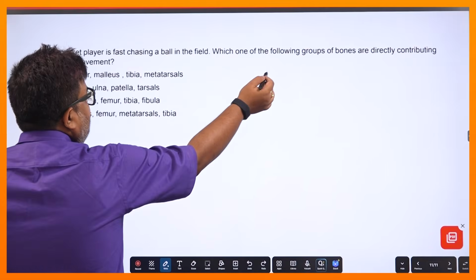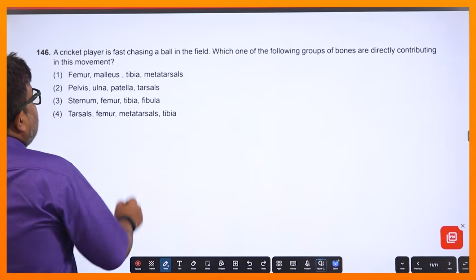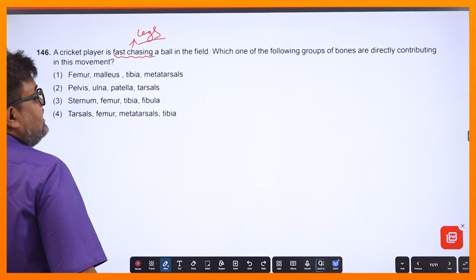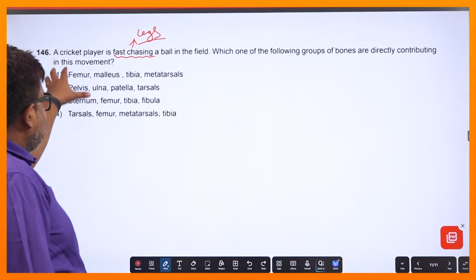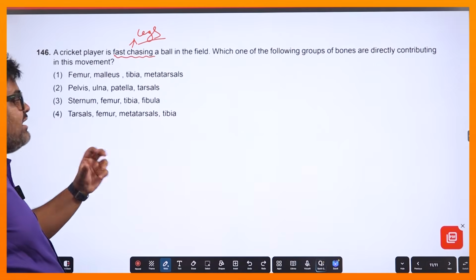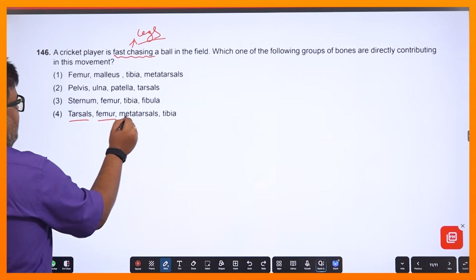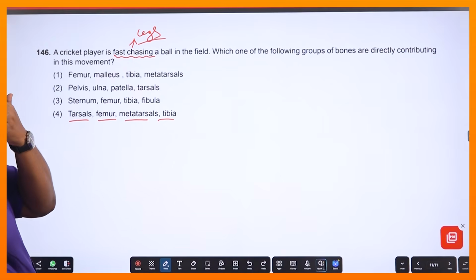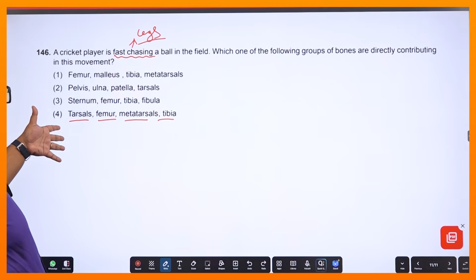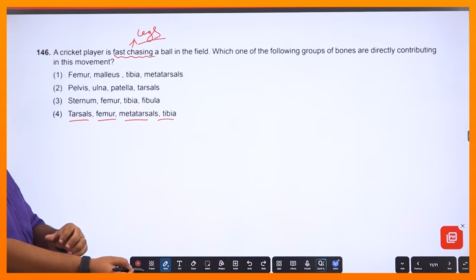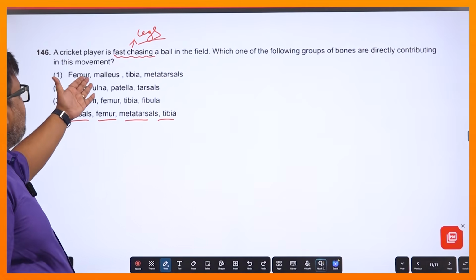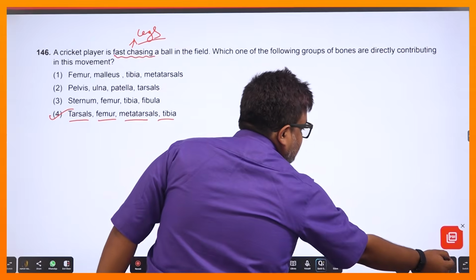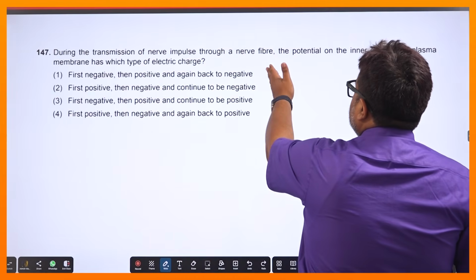বলছে ফলোইং গ্রুপস অফ বোন আর ডাইরেক্টলি কন্ট্রিবিউটিং টু দিস মুভমেন্ট। ফাস্ট চেজিং যখন করছে, ওর পা দিয়ে করছে, তো লেগস দিয়ে করছে ফাস্ট চেজিংটা, চেস করছে মানে দৌড়াচ্ছে। তো এখানে আমাকে দেখতে হবে এই যে 4টে অপশনের মধ্যে কোন সেটটা খালি লেগ বোনসকে ডিটারমাইন করছে, টার্সেল, ফেমার, মেটাটার্সাল, টিবিয়া। কারণ বাকি যদি আমি দেখি স্টার্নাম, ওটা এক্সিয়াল স্কেলিটনের পার্ট। পেলভিস বলছে, পেলভিস তো কোমর হয়ে গেল। আলনা, আলনা কোথায়? ওটা আমার ফোর লিম্বস এর পার্ট হয়ে গেল। এখানে আবার ম্যালিয়াস বলছে, ম্যালিয়াস মানে আমার ইয়ার অসিকেলস, তাহলে আমার অপশন 4টাই হবে এখানে। নেক্সট যদি আসি, during the transmission of nerve impulse to a nerve fiber,